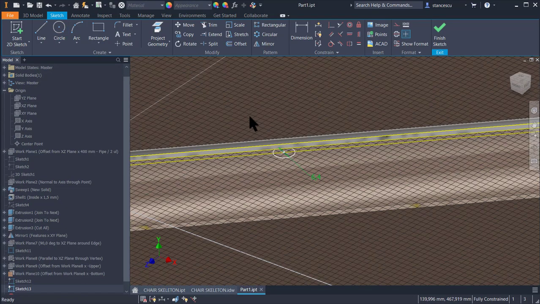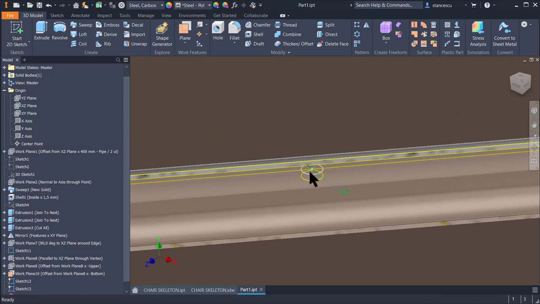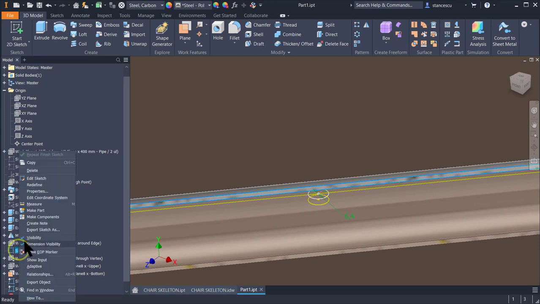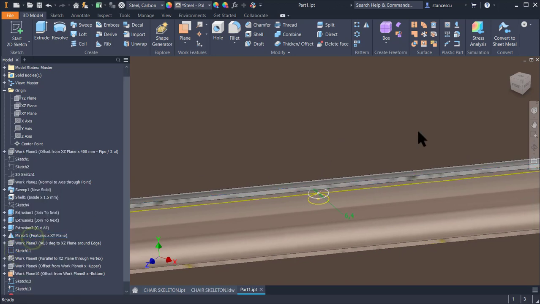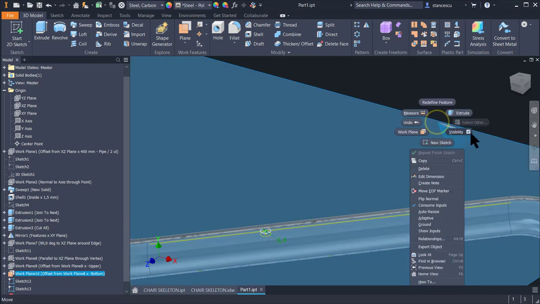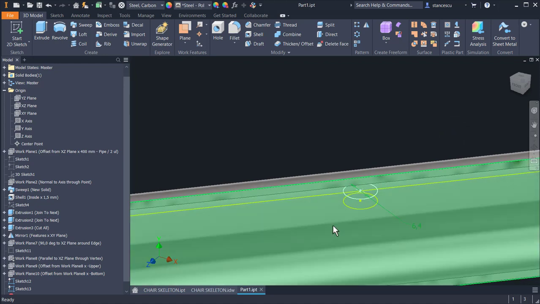and I project this circle on the other plane. Finish sketch. Now we have two circles. I can hide also this sketch and the plane. We have two circles